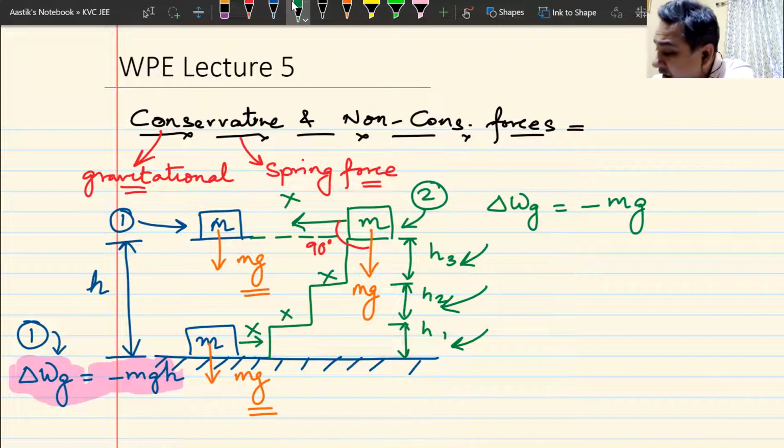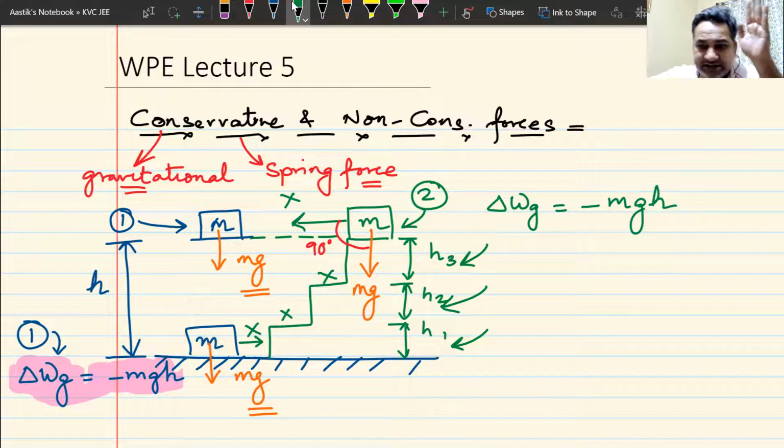And I will find out that this work done will again come same as minus mgh. Do we understand this? Yes or no? Can I have some raised hands? Okay, so we understand this, that I take the block from lowest point to the highest point straight up, or